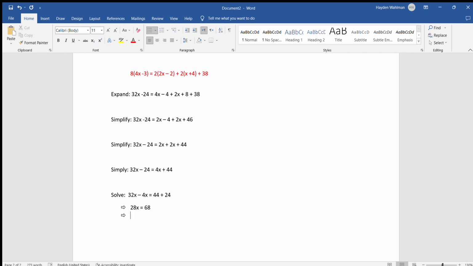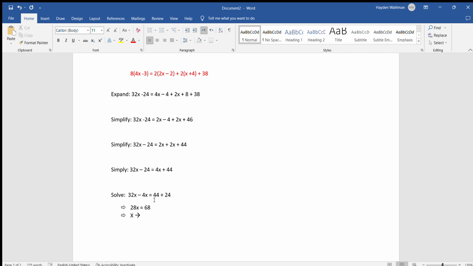And now we do the function machine. If you still don't know how to solve this, you're just going to have to do the function machine. Some of you know how to solve this, that's great. But if you don't, let's just do the function machine. So we would say x is the input. We know that, right? X